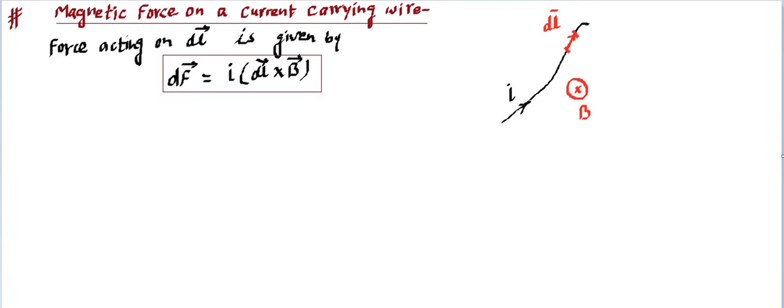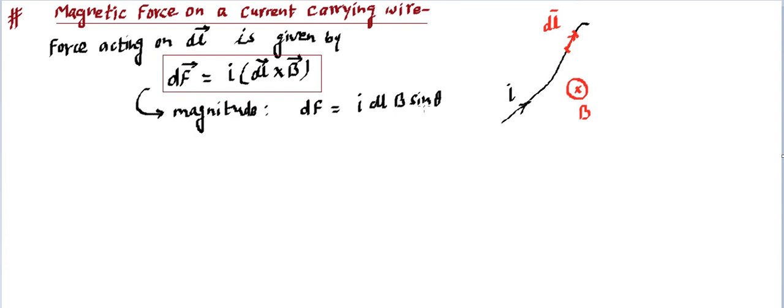So what we need to do is we need to find out what the I current is, what the magnetic field is, and where the element has been taken. Then we need to go for this cross product, and then we will simplify this cross product and multiplying this I to get the dF. From here we can conclude two things. One is the magnitude of force. So when we talk about the magnitude of this force, you'll find this magnitude is going to be written as dF is equal to I dl into B into sine theta.